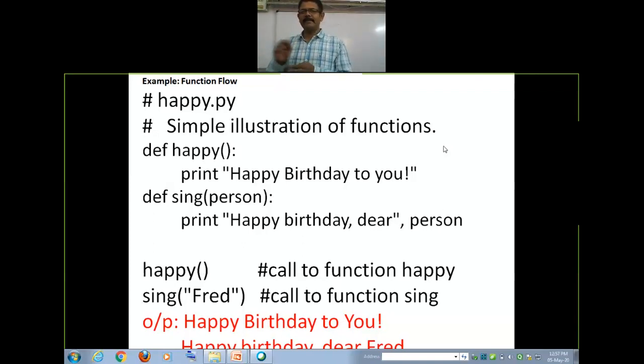It prints happy birthday dear Fred. You can see here the output is happy birthday to you, happy birthday dear Fred. If you write your name, the output will be happy birthday dear, your name.